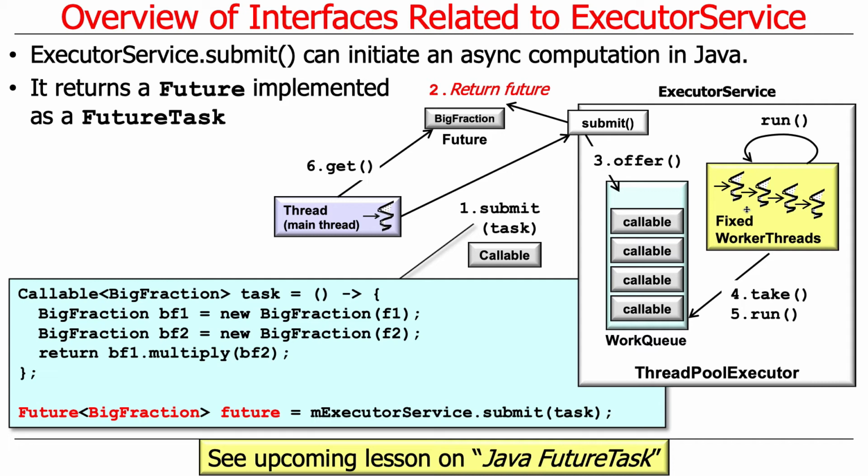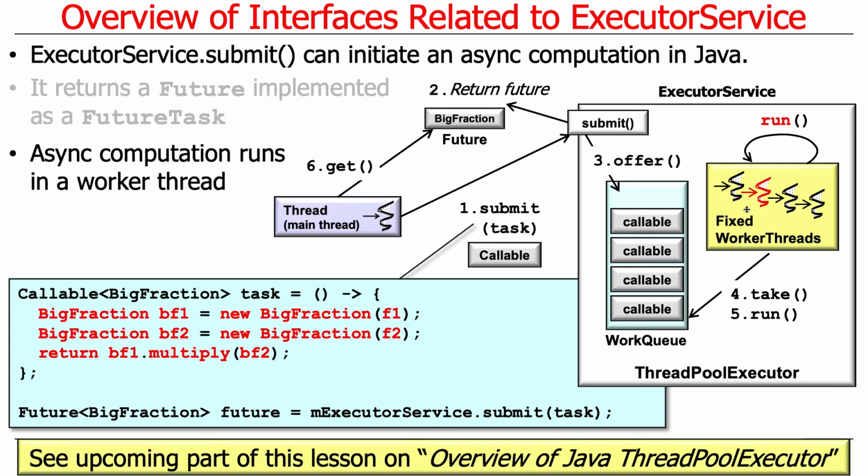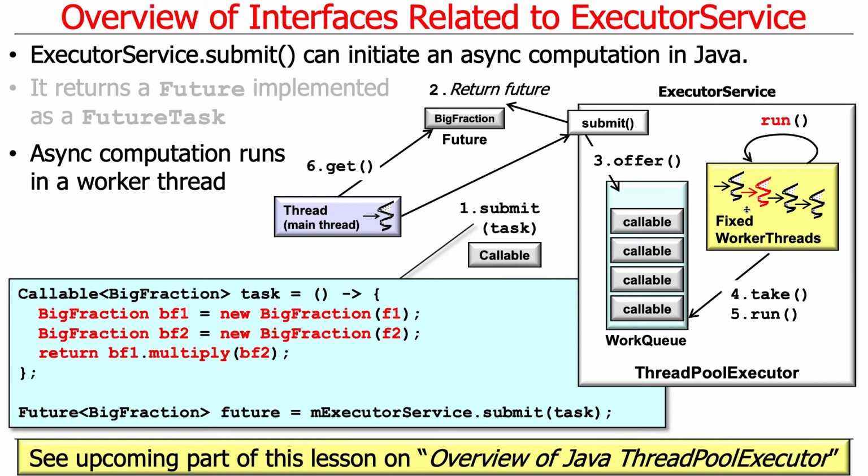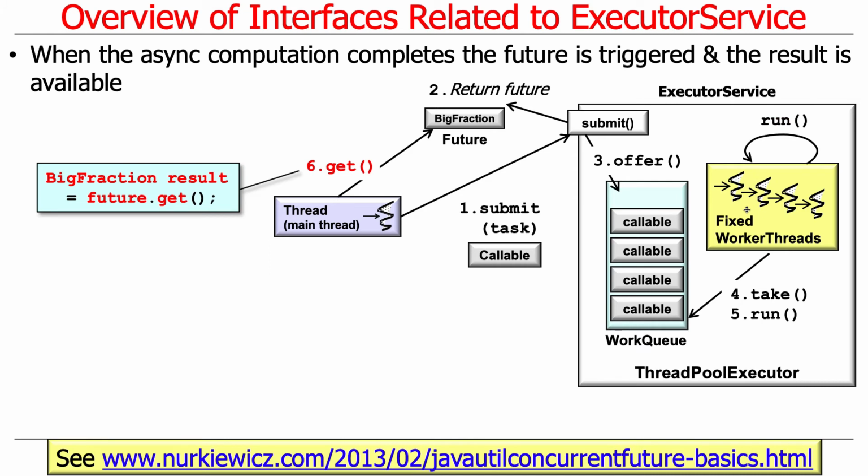So the task will then go off and run in the background in one of the threads. We have a future. And then at some point, we can get that future, when we get to a point where we really need that result. I'm really, really hungry now, so I'm just going to stand here and wait to get my result. I get my food. I can call the get method, and that will block the thread until the result is